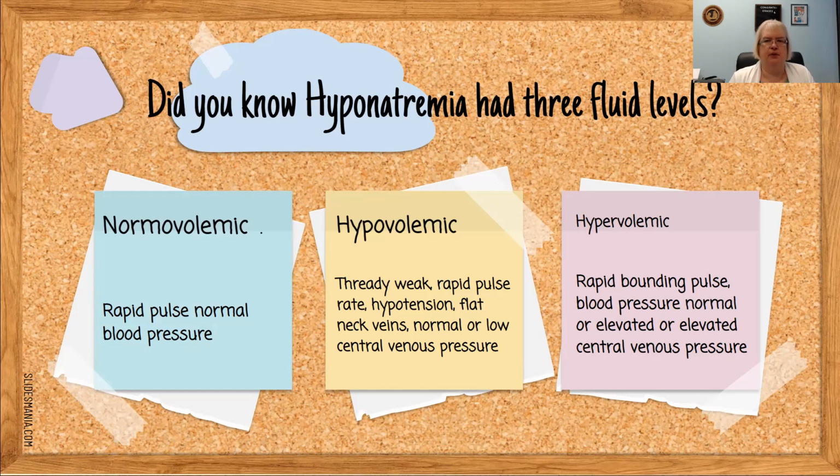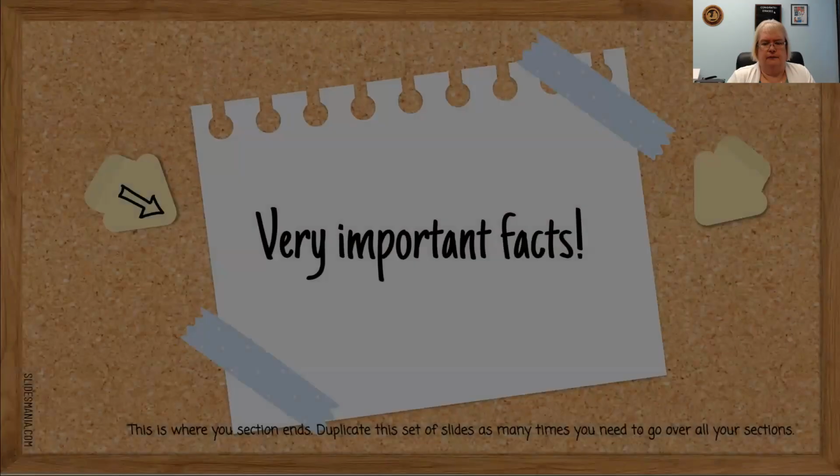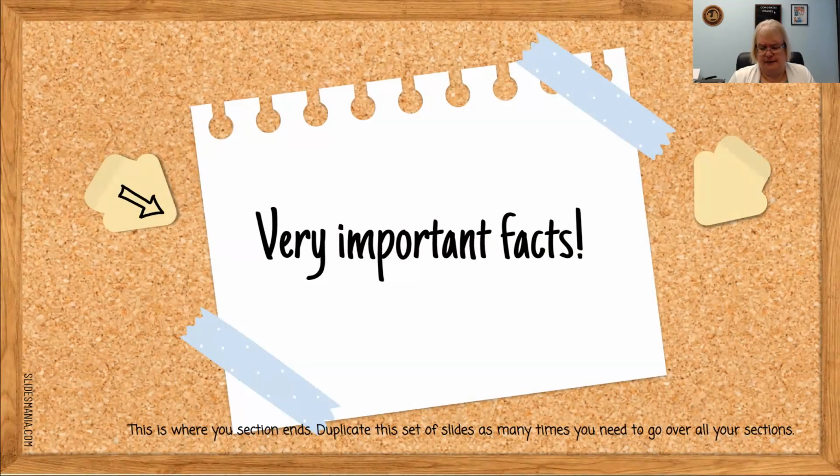Then the high fluid or hypervolemic is a rapid bounding pulse. It's when I'm in fluid overload. The pulse is bounding. There's so much fluid that when the heart contracts and pushes the blood out and makes that pulse, it bounds against the sides of the vein or artery. The pulse is normal or high BP. There are peripheral pulses that are full, but can be hard to palpate if I'm truly in fluid overload. If I have hypervolemic, I could also have edema, and so it might be hard to get those peripheral pulses because of that. So those are some very important facts that we need to know about